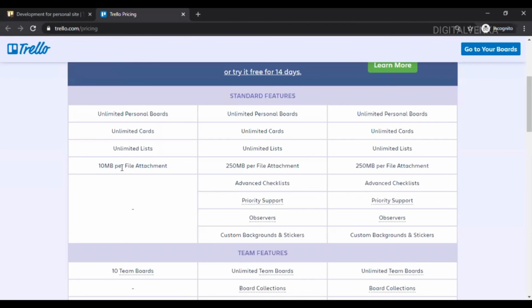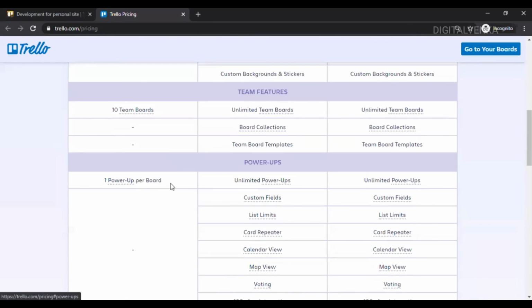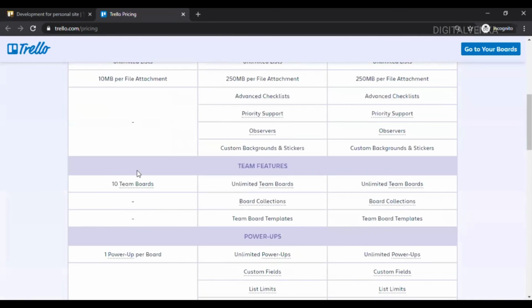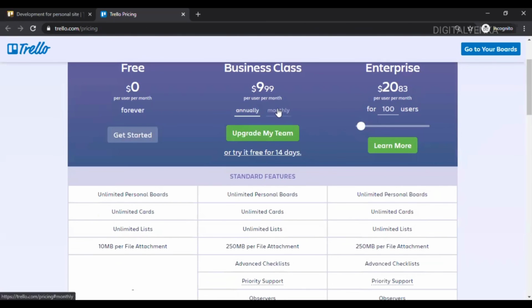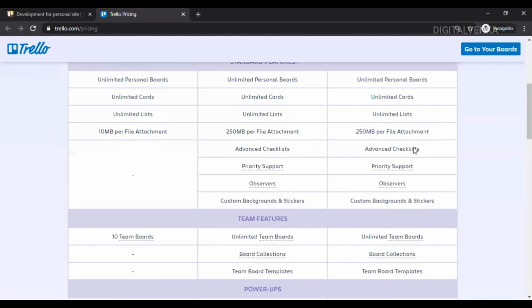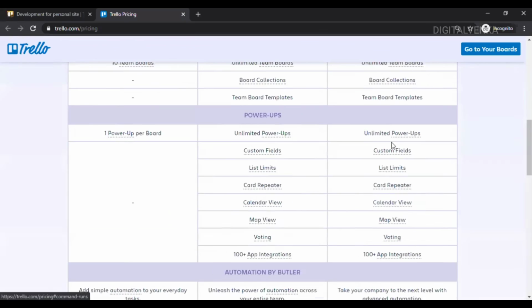For the free plan, there is a 10 MB per file attachment limit, 10 team boards, and 1 Power-Up per board. We can see that offer here. For the business class, annually is listed here, and monthly is 12.1. For enterprise with 100 users, we can see this option. So we can get that.